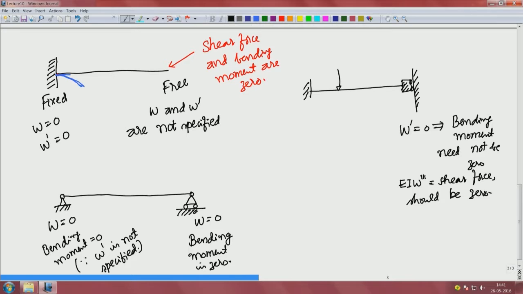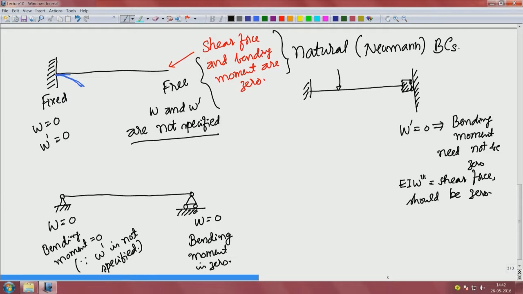Okay. So, the Dirichlet and Neumann you can specify only one, either Dirichlet or Neumann, meaning either essential or natural. The fact that here whenever W and W prime are not specified, automatically these things becoming 0 are called natural boundary conditions or Neumann boundary conditions. Naturally it happens,